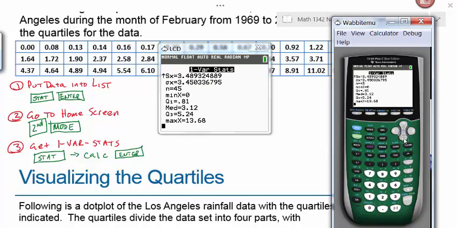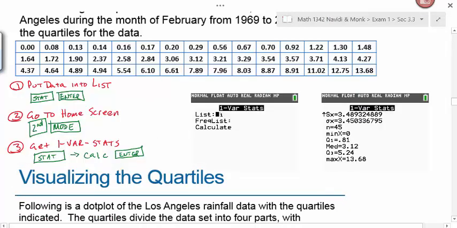And if we scroll all the way down to the bottom, remember those arrows there mean that there's more information below. If we scroll all the way down to the bottom, we'll see this screen. This should be the list that your data is in. And then this should be blank unless you're doing work with a frequency distribution. And then when you hit calculate, the first thing you're going to see is X bar, but if you scroll all the way down to the bottom, you'll see what's called your 5-number summary,